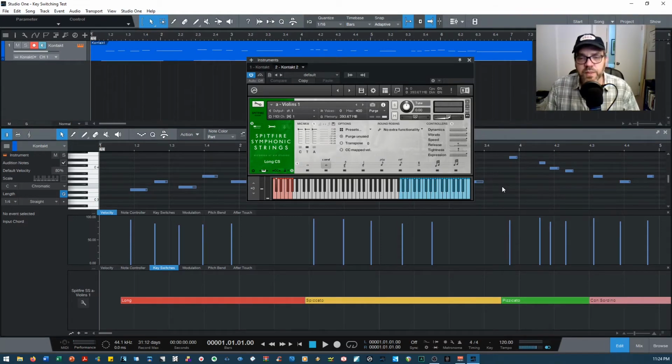Watching him, he had a small controller device. I think it's called a Akai MPC Mini, and he was showing how he uses that for his key switches. I was inspired by that, and I got these Korg Nano Key 2 ones instead. It's really irrelevant which kind of controller you get, as long as it works for you. But what I've been talking about is playback, and this is one thing I've struggled with